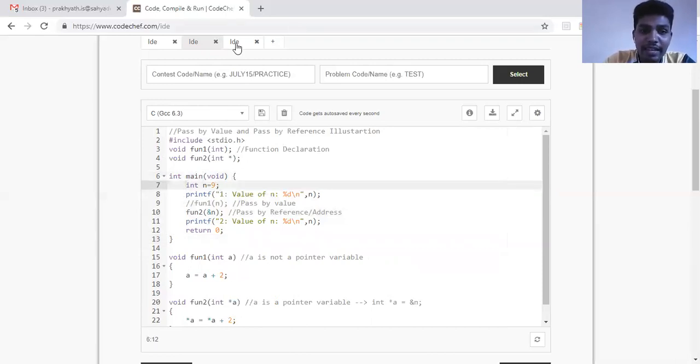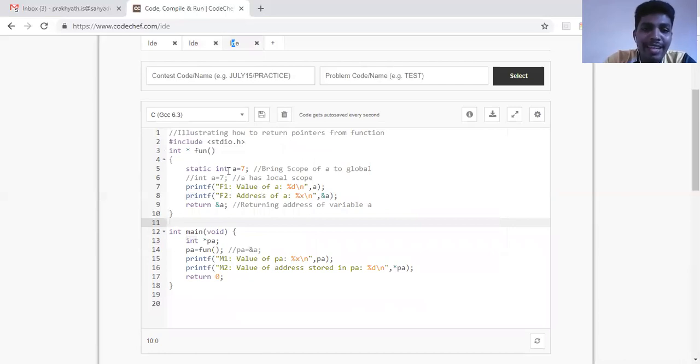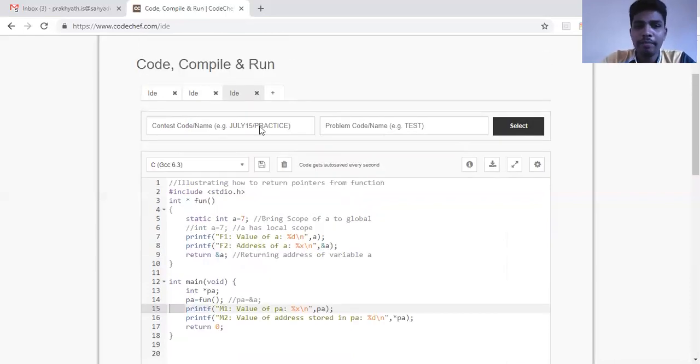But in this current code, what we have written, a is not in main, a is in a function. So that function has left its scope whenever I end calling that function. So in the second line, it had scope. When it came to the third line, it lost its scope. So in this particular line, the 15th line, which you are seeing here, this function does not have scope. Why? Because it finished running. So that's why it was throwing a logical error. Okay. So we'll move on to the next topic.